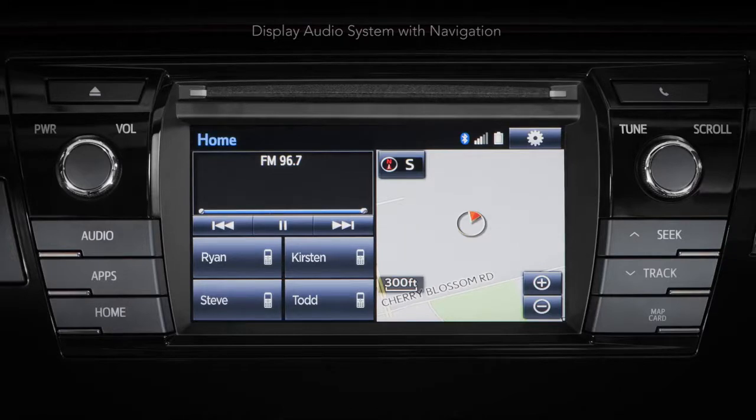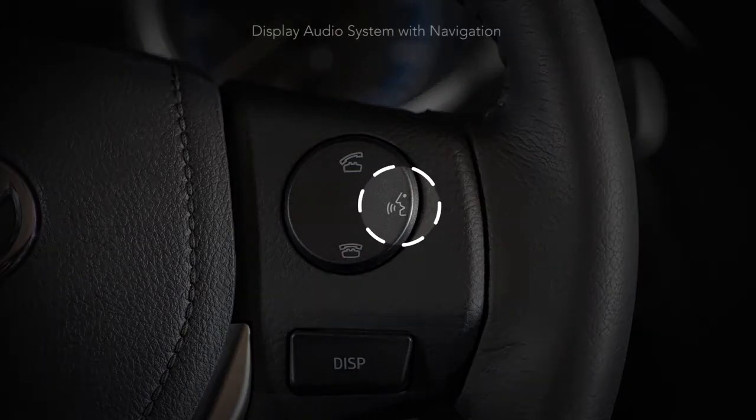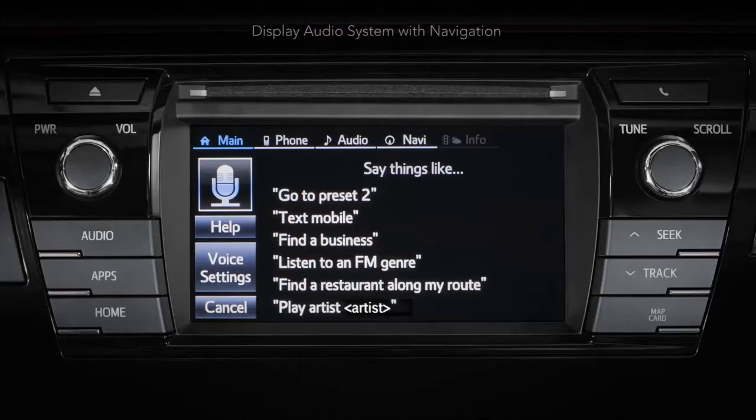Let's learn some voice commands that you might use most often. Remember that to initiate any voice command sequence, start by pressing the talk switch. Once activated, your voice recognition system will ask what you would like to do, and will show you examples of common voice commands under different category headings. To call a contact, simply say aloud the name of the contact as stored in the phone book of your